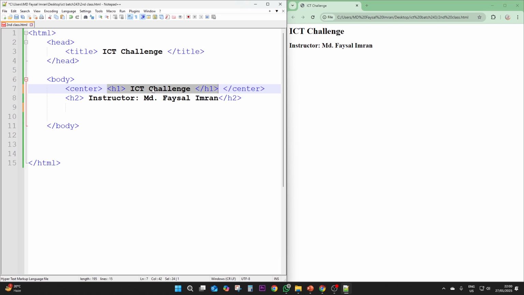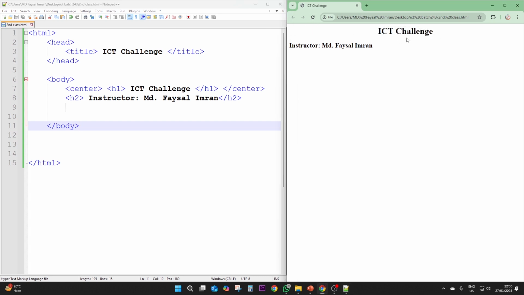Now you want to change the alignment for this text, so you use center before the h1 tag and after the h1 tag. That means these tags are responsible for changing the alignment of any data inside the center tag. Now this center tag changes the alignment. Let's see: if I save and reload, the text changes its alignment from left to